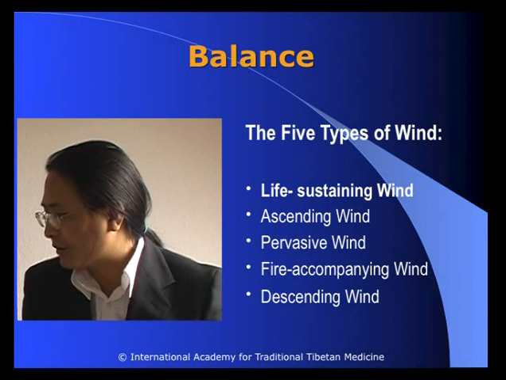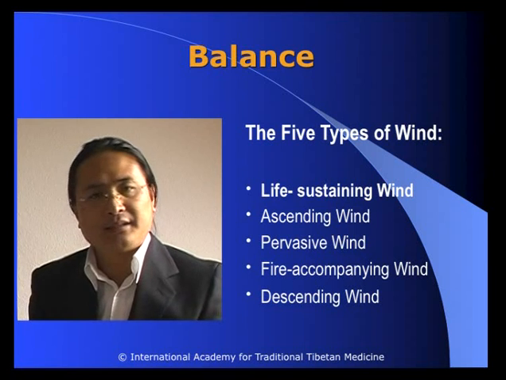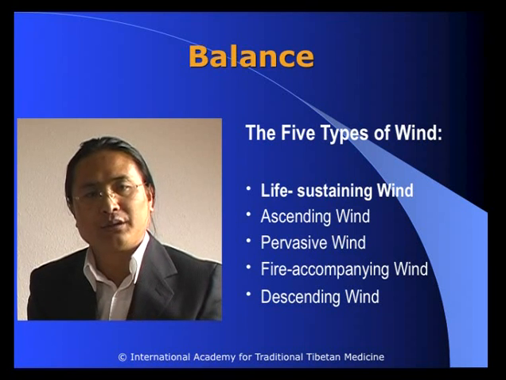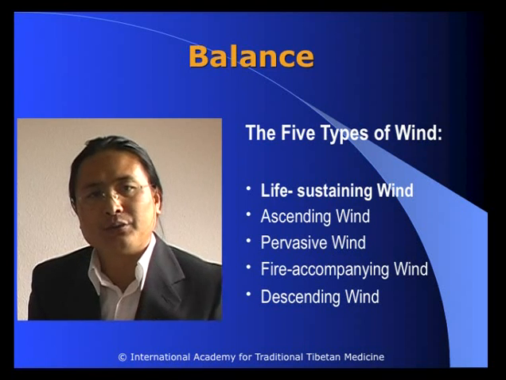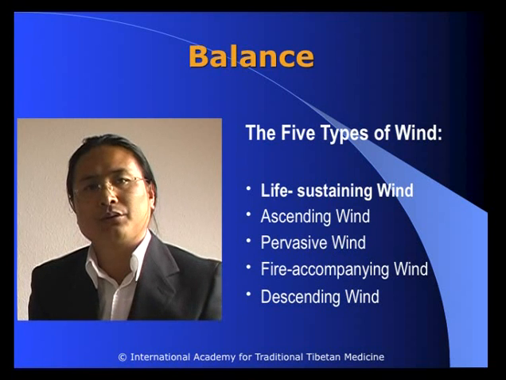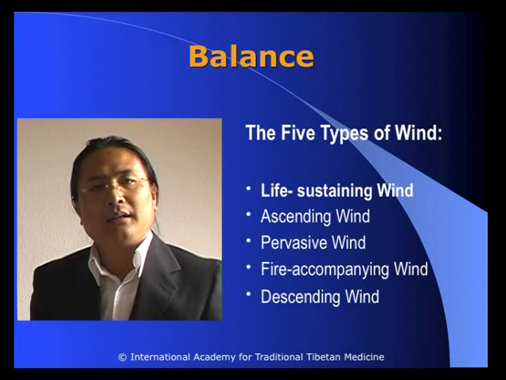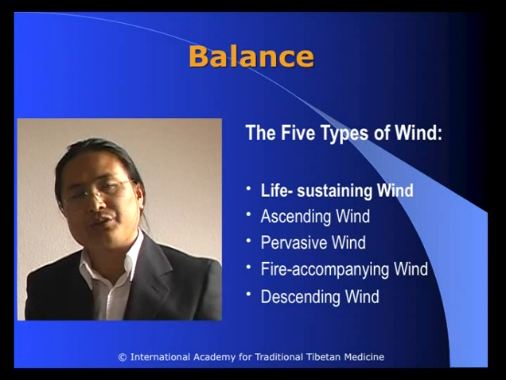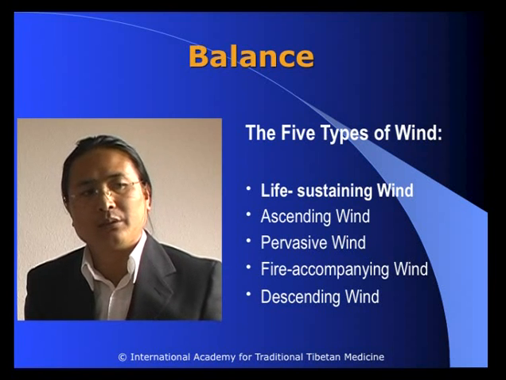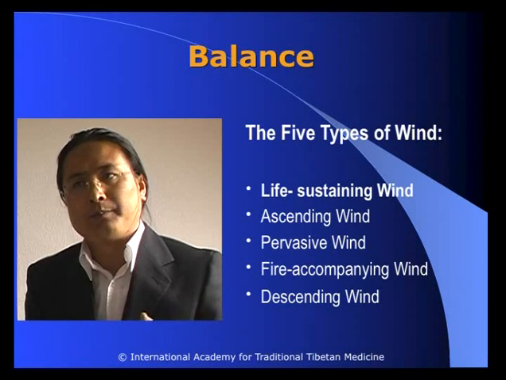Firstly we are talking about the balance of the energy. Now we are concentrating more on the quality, the three main qualities of the five elements, and these are called the three humors. First we see the wind humor. I mentioned the wind humor already. In Tibetan the wind is called lung. Lung can mean